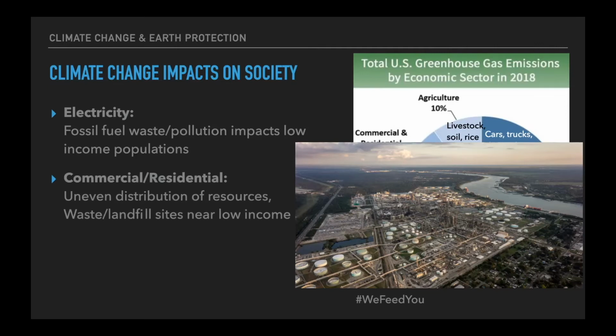So in the commercial and residential portion, this is really how we use our resources. So again, we're not really seeing an even distribution of resources. So this means as we're expanding our use, we're expanding the demand on broadband, on fiber optics. It's not going to be distributed evenly. It's going to be distributed so that we still will see these disparities in who can access the internet, who can access all sorts of kind of infrastructure that helps us communicate in a modern world. And then land waste and landfill sites also have a tendency of popping up near low income areas.